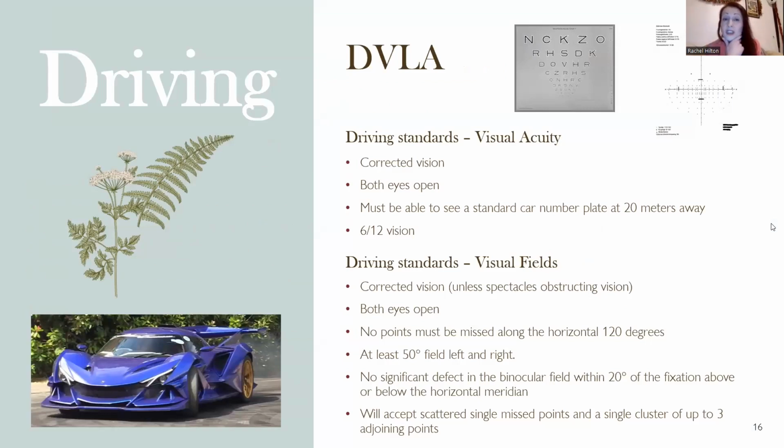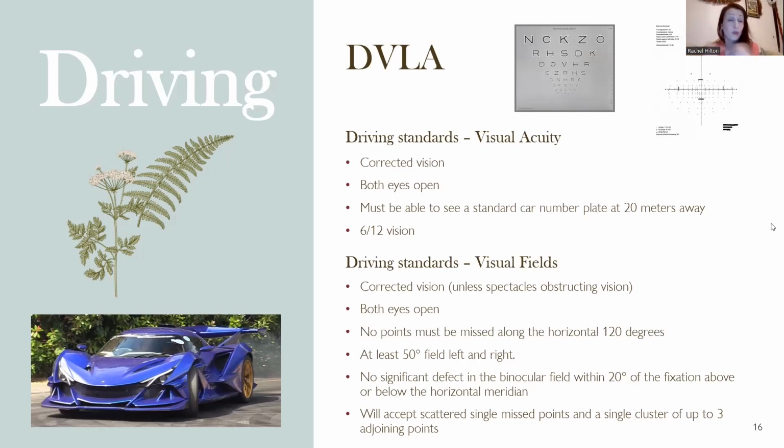DVLA, I would certainly say, just for clarification, a lot of patients ask about this. There are certain driving standards, and essentially what they want you to do is to be able to see a number plate at 20 meters away with corrected vision, and also not have a visual defect that is going to affect you when you're driving. So the tests they do for DVLA are with both eyes open, with corrected vision, because they want it to be as you would be if you were driving. And we have plenty of patients that drive with just one eye. Essentially, they can have no vision in the other eye and still drive. However, the key is, have you got a full field of vision that means you're going to be safe enough to drive? So the DVLA will do that testing.